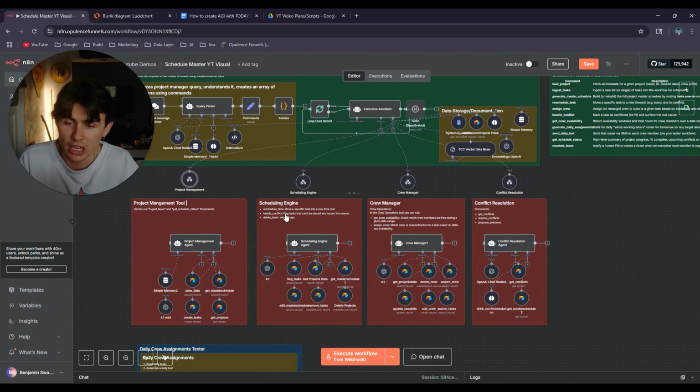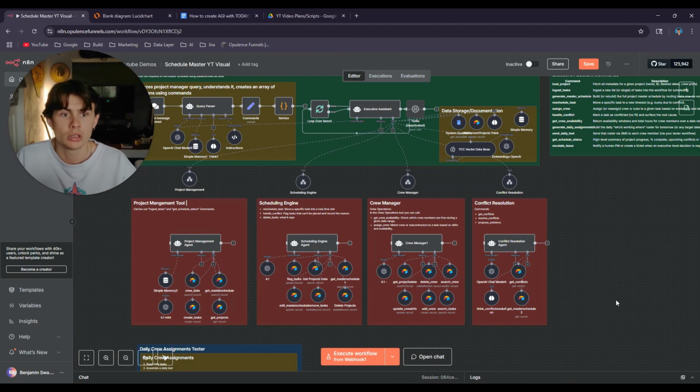This guy, the scheduling engine, is in charge of rescheduling specific tasks, handling conflicts, and then also deleting tasks. The crew manager is in charge of getting different crew availability and assigning crew, and it can also text crew. And then the conflict resolution agent is supposed to scan for conflicts, resolve them, and propose solutions.